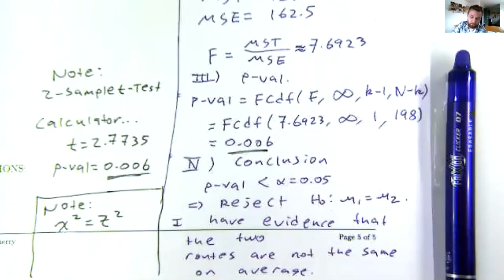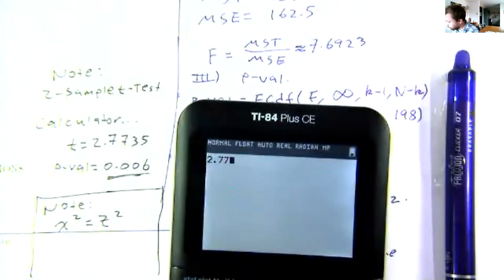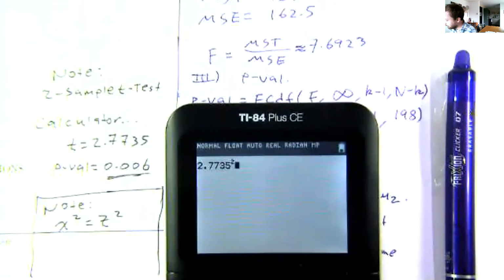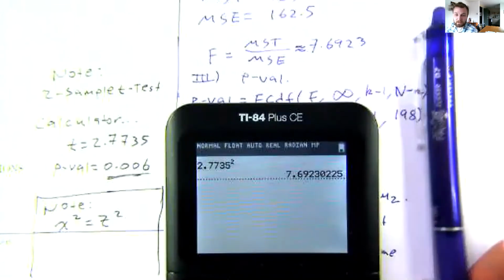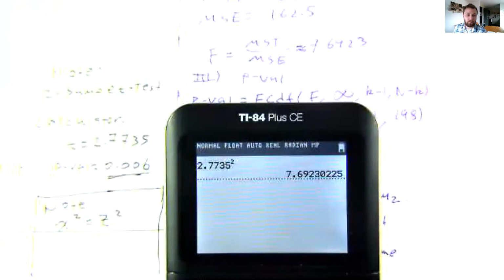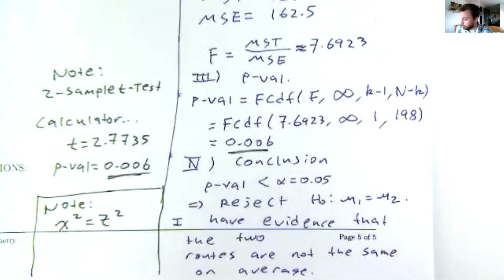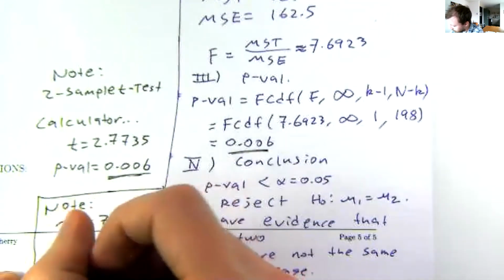I'm curious if the same relationship might exist here. So let's see what happens when I take this t-score, 2.7735, and I square my t-score. Well, I end up getting 7.6923. So actually, I have the same relationship between t-scores